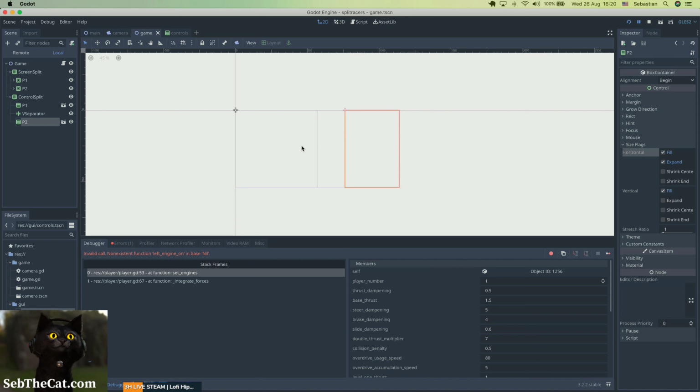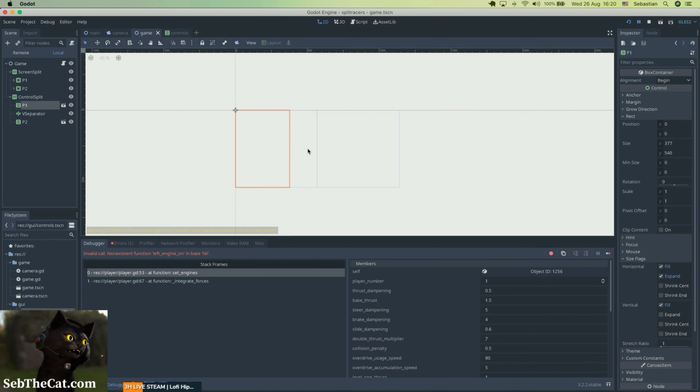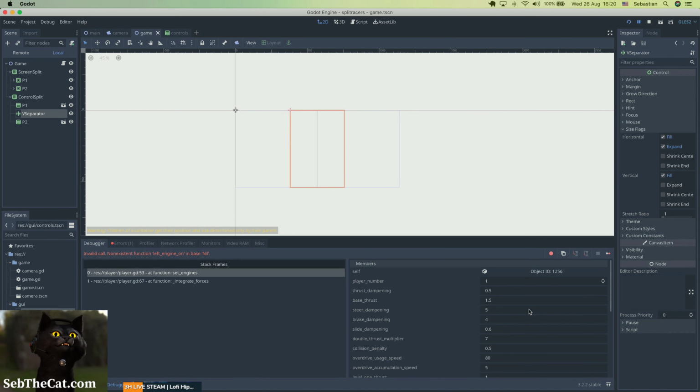Alright, so now we've got 3 equal panels, and if we go into the size flags, we want this to be 4 times, maybe even more, 6 times the size. 8,